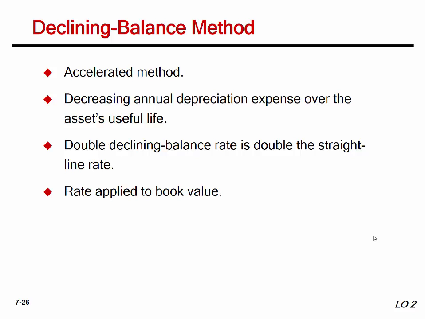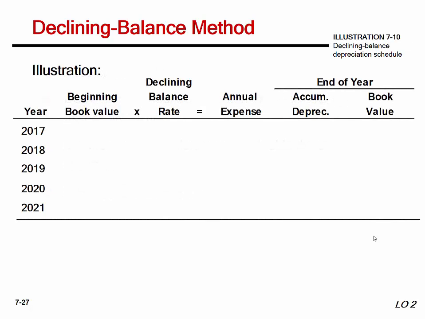We're going to calculate that double declining balance rate, and we're going to apply it to book value. Now this is where it gets a little tricky. You guys need to make sure that you understand what book value is. We've talked about it. It's equipment, net. It is the historical cost of the asset minus the accumulated depreciation up to the date we're looking at. So let's take a look here at a